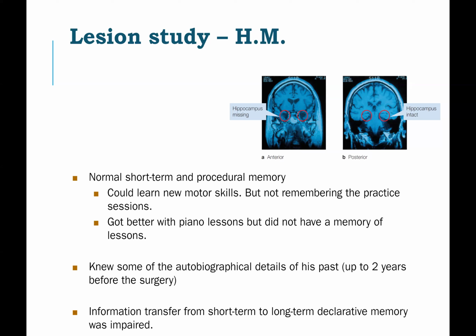So the idea that he remembered his experience up to 2 years before the surgery tells you something, that those very long-term memories are not stored in the hippocampus anymore. Those are stored in the cortex, right? So hippocampus potentially does this, bringing all of this together and creating one coherent percept and connecting your current percept of this person to some old percept of them, so they can all become accessible. But then after it's all done, it would be stored back in the cortex for very long-term memories. So that's the suggestion here.